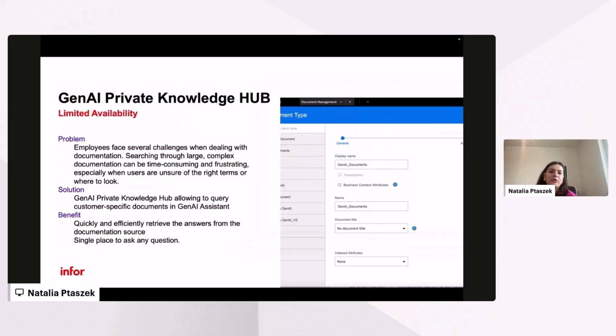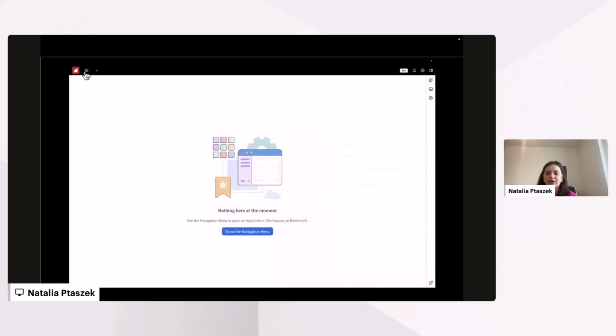But what is also important is that we can streamline all the asks in one place. It means that we can not only ask the GenAI assistant about my data within the Infor Cloud Suite, but also ask to retrieve the information from a specific document. So with that, I created a very short demonstration